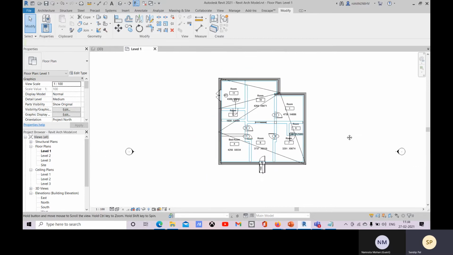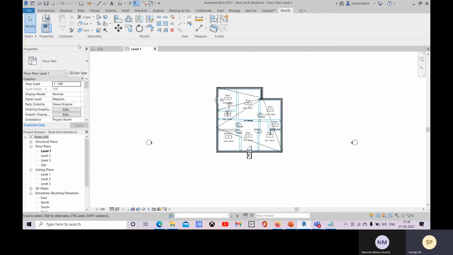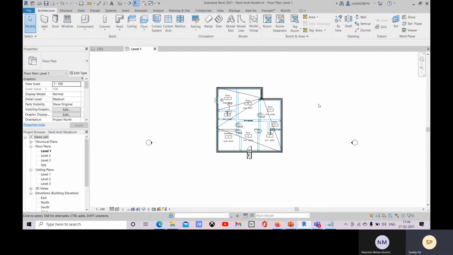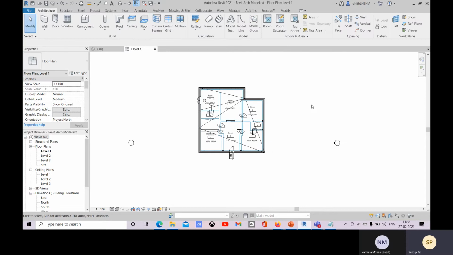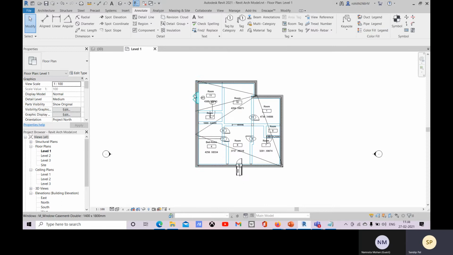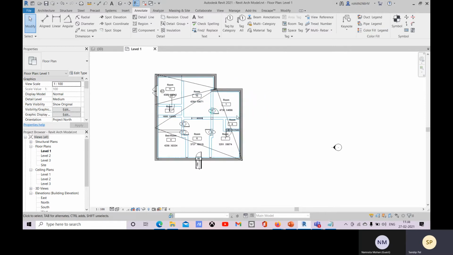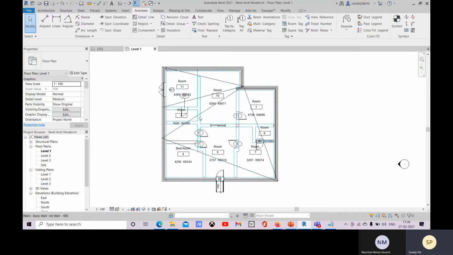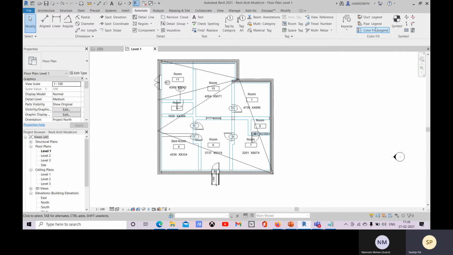Now you have to create with legends. Now we will create, come to annotate tab, and there then go with this color fill legend. Okay, we will fill this color so that we can properly identify in a single glance.